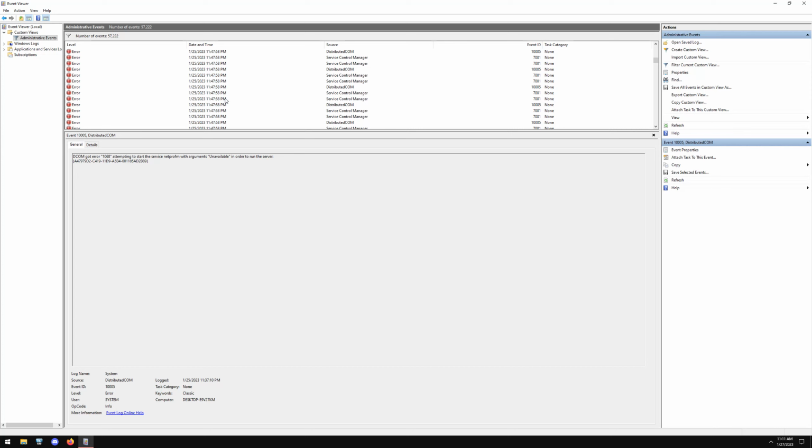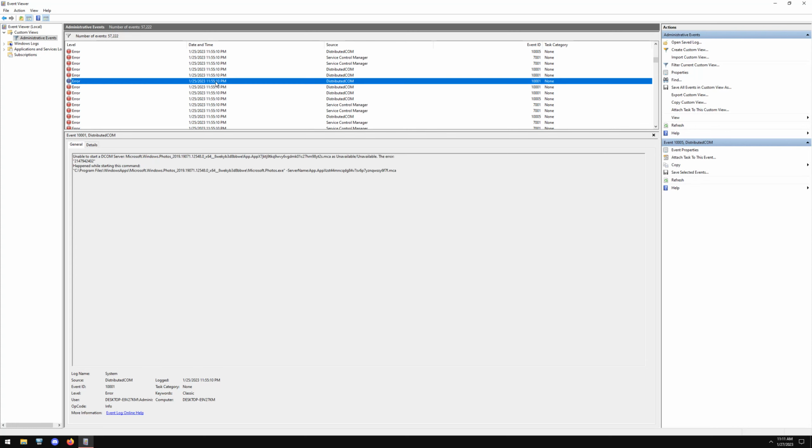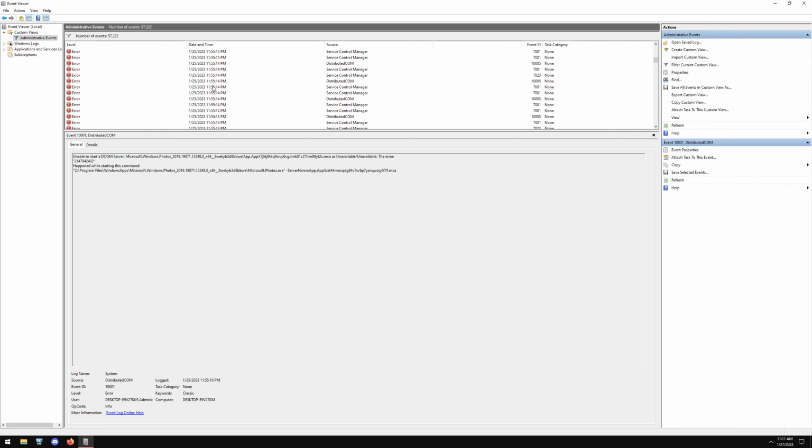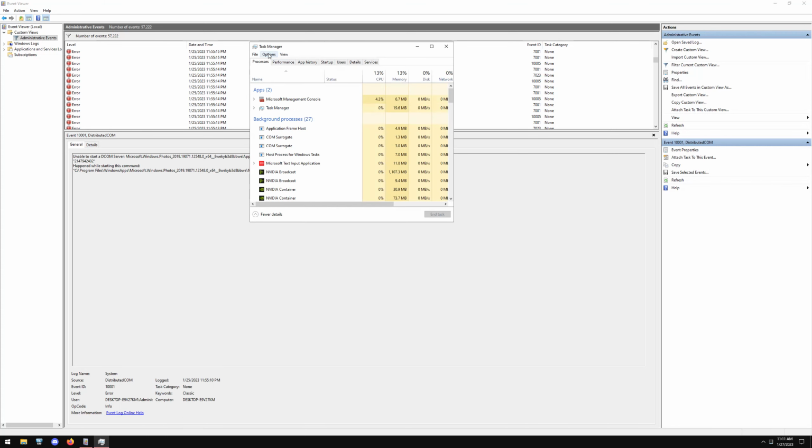If you're going to run a debloating script, make sure that you check that the event viewer in the administrative events is not flooded with errors like this, because each time it'll ping it and it will cause your performance to dip. Now, if you're going to do a debloating script, the main way that you can actually prevent this